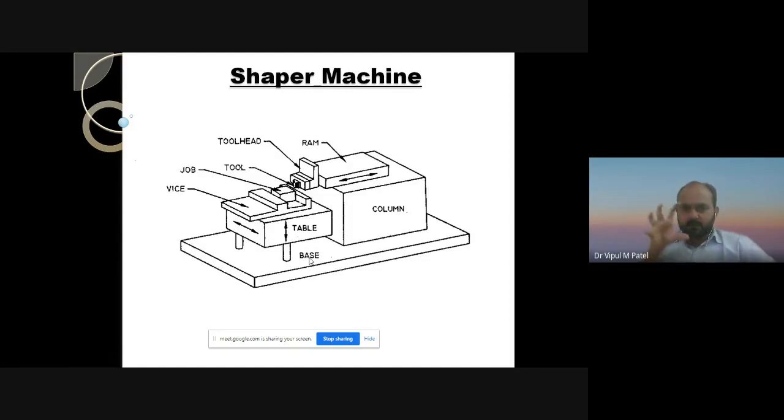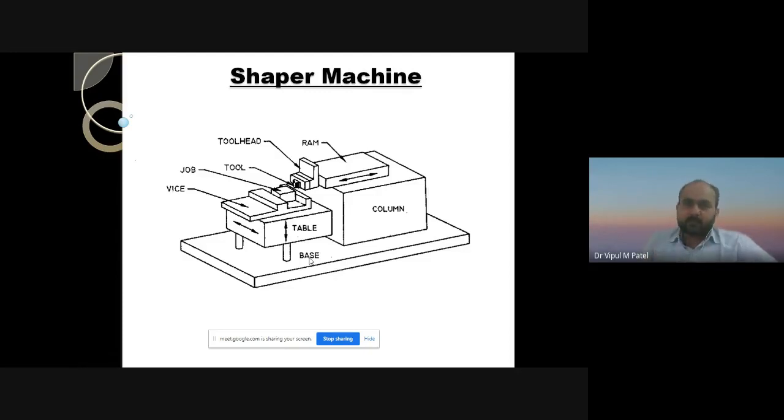But with the use of this figure, you can easily understand how it works. What is the importance of the shaper machine, and how it works with the use of this column and some mechanisms that we are using to reciprocate the ram. And in that ram, a tool head is there, and with the use of the tool head, we can easily hold and reciprocate the single point cutting tool over the workpiece or job.